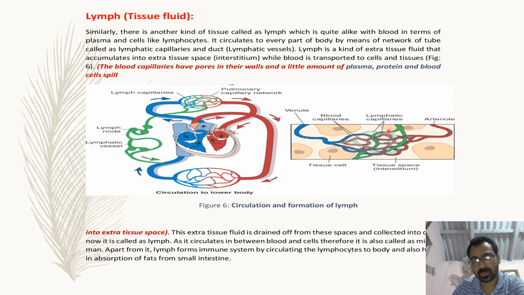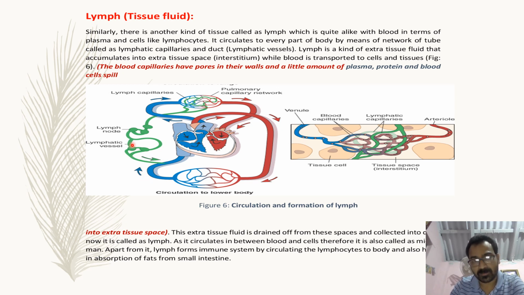So lymph travels through the lymphatic duct, lymphatic vessels, lymphatic nodes, and finally you can see here, this is the circulatory pathway, this is the artery, this one is the vein, and this is our lymphatic channel. You can see the lymphatic path. So again, these lymphs run to different parts of the body, and finally they get attached with the veins here in this area, and they get back to the heart again. So this is also part of our circulatory system.